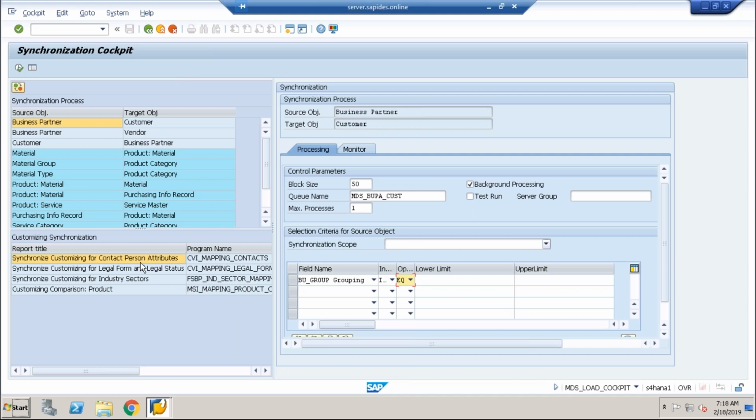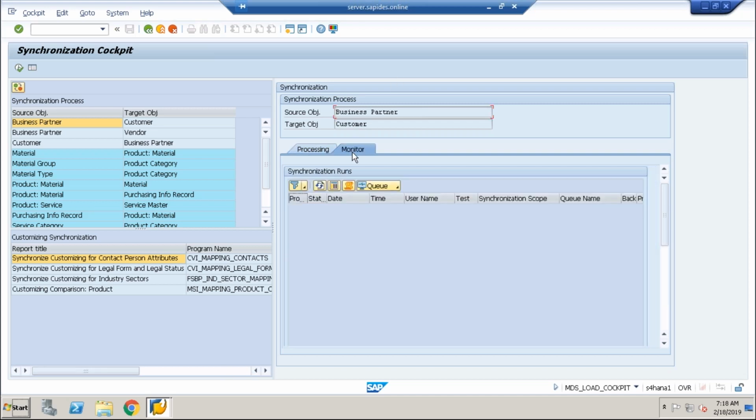You can see if there are any synchronizing errors. If any synchronizing errors come in, they go in and check what the synchronizing errors are. Once you have all this, you go and monitor. If there are any specific errors that come in, it will give you the status. It gives you an entire monitor tab to check if any issues come in. It will all be displayed as part of your monitor tab.